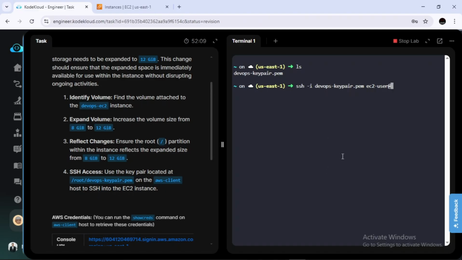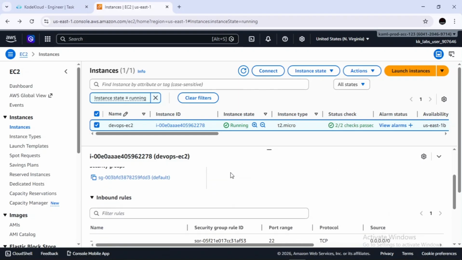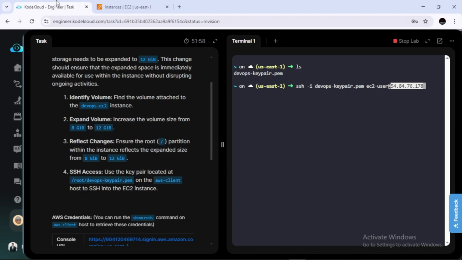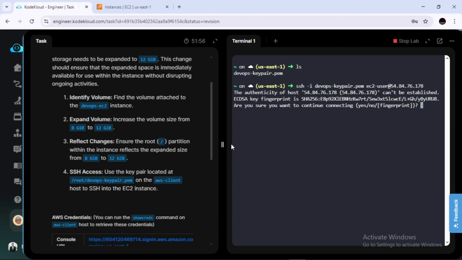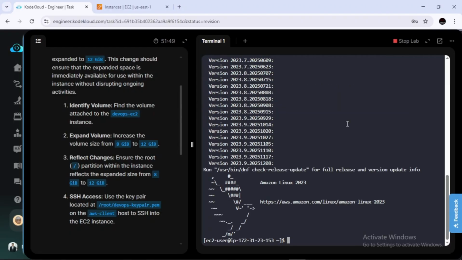Before connecting to this instance, we need to verify the security group, whether it allows SSH. So yeah, it allows SSH. Click on clear.